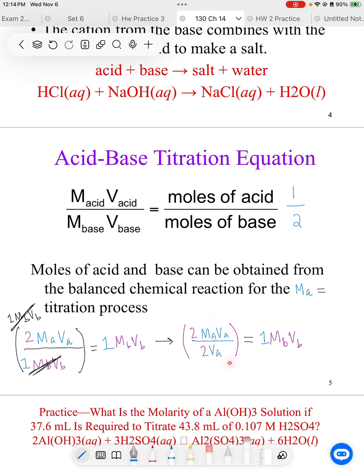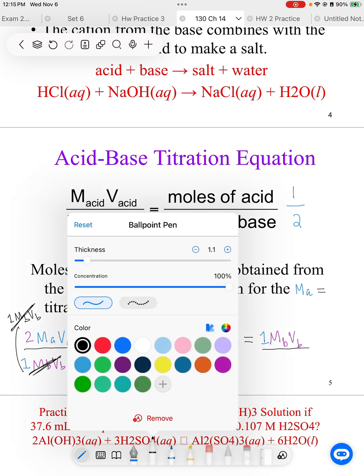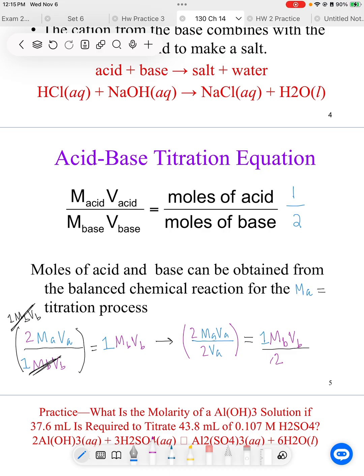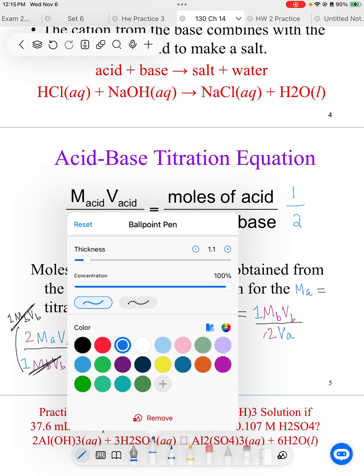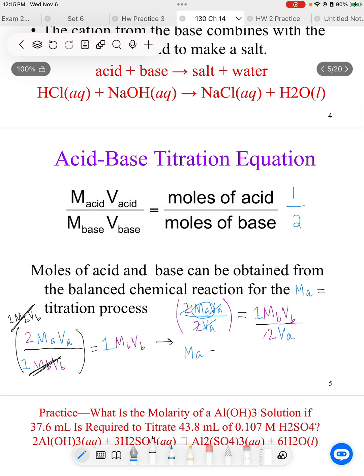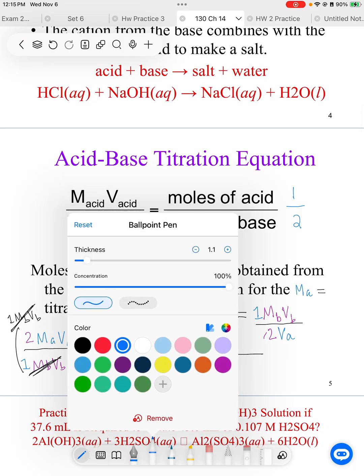I'm dividing it out, and anything I do on this side, I need to do on this side. So I'm going to come over here, and I'm going to divide by 2VA. Okay, now we can cross off VA and VA, and we can cross off 2, and we're left with MA. So now I'm going to rewrite it so that it's not so messy. You can see it a little better. So we have MA on this side, okay, and that equals a fraction that is